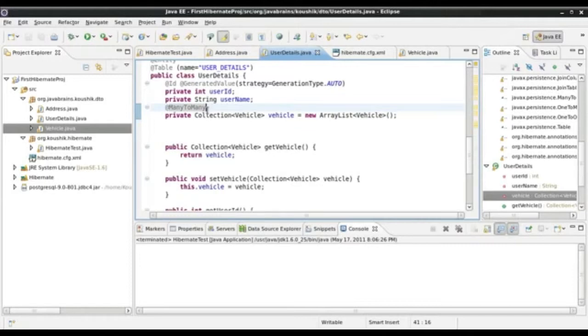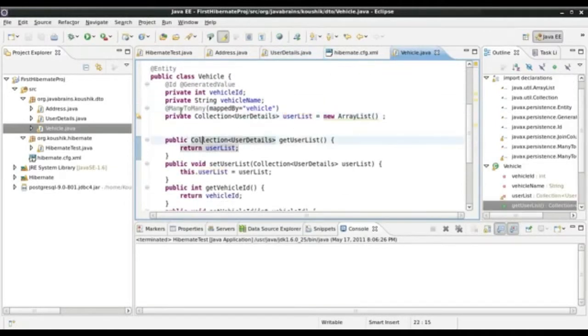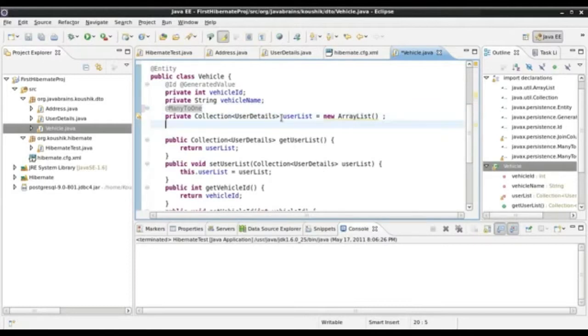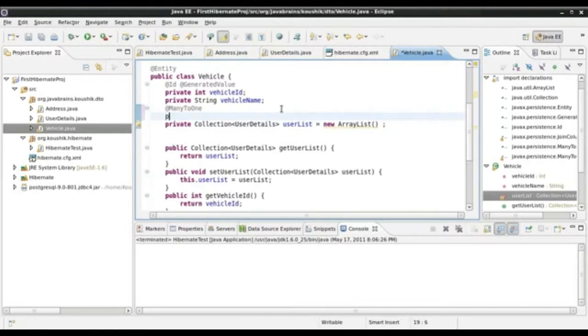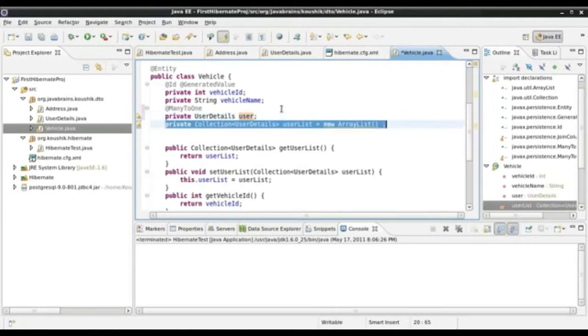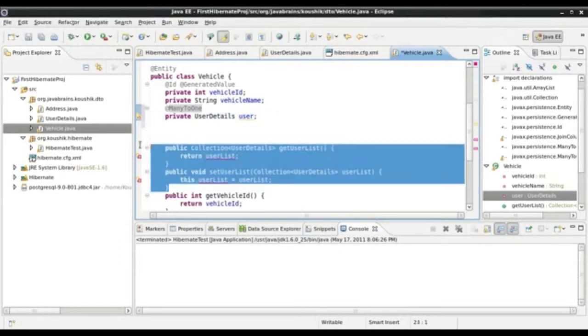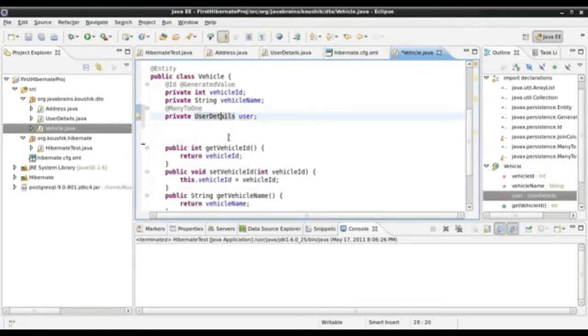Let's take this example. Say I have a many-to-many here, and let's assume this was a one-to-many. Or let's take the vehicle object and take this as a many-to-one, say. I'm going to remove this. Now, this would be a private UserDetails user. Now assume that this vehicle does not have an owner. I mean, this vehicle is not yet rented or not yet purchased, so there is no user